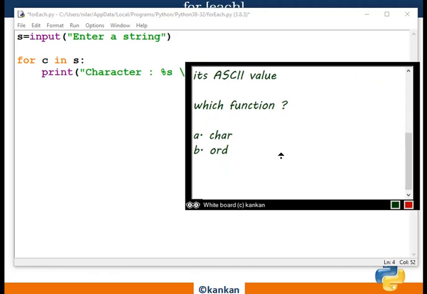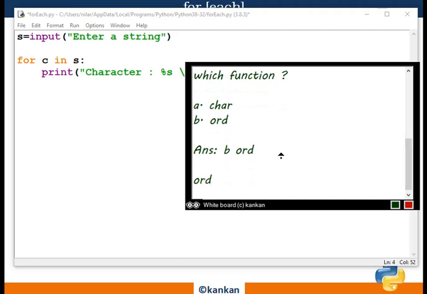Which function will be used to get the ASCII value of any character? Yes, this is the ORD function, correct? That is the ORD function. And how will it be used?